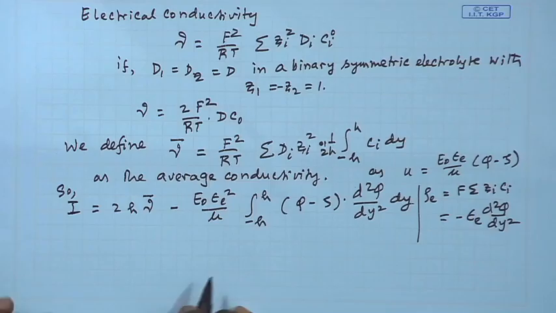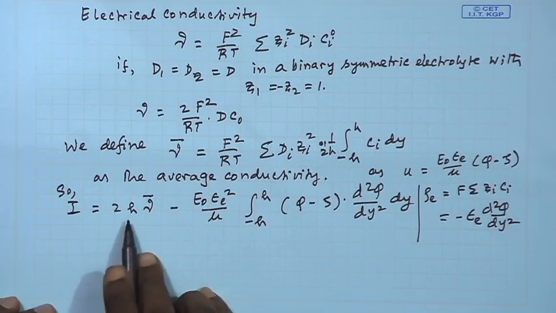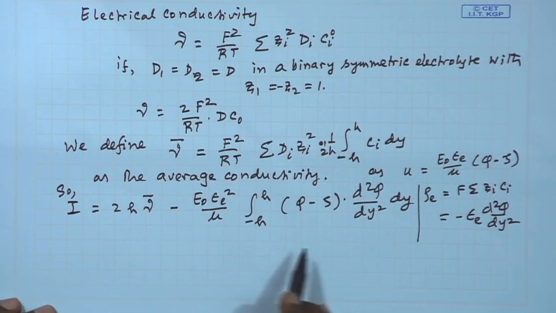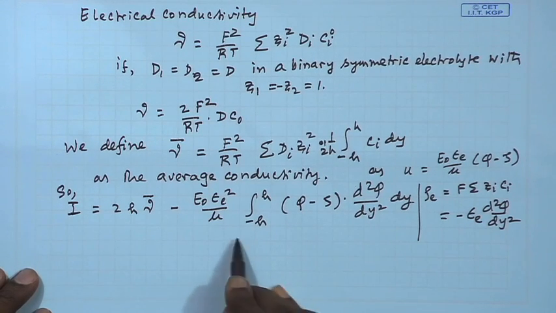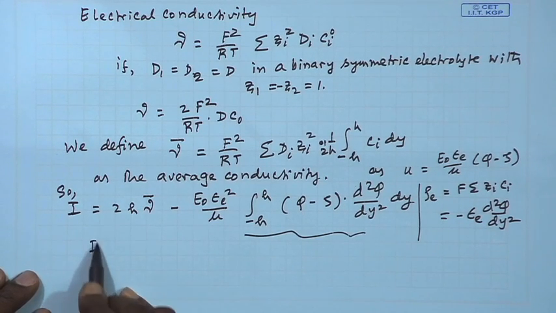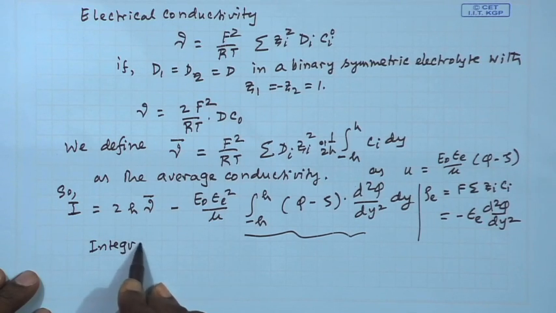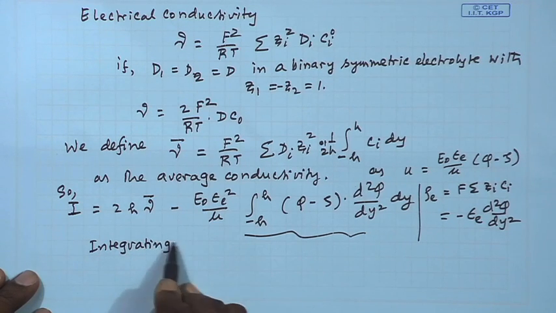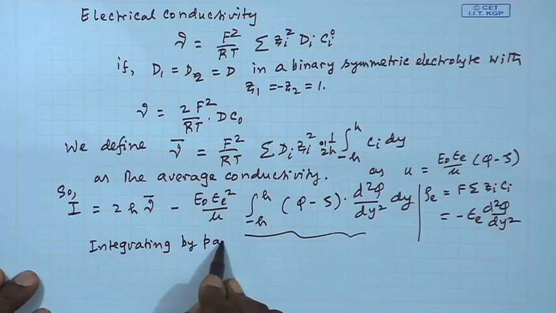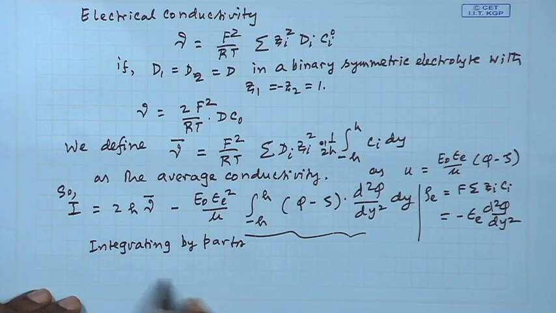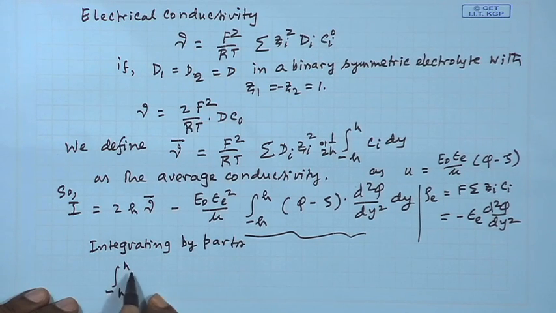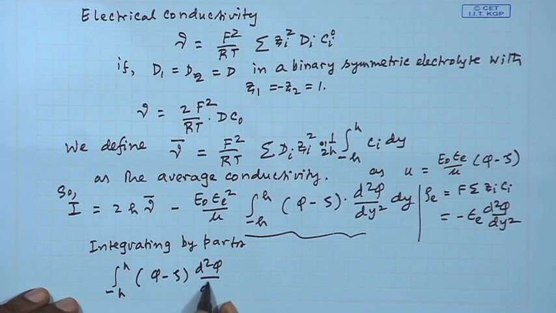Okay, so we have this I. If I now integrate this one, there is nothing to integrate, of course. If I integrate these terms by parts, we get minus h to h phi minus zeta d2 phi dy to dy equal to